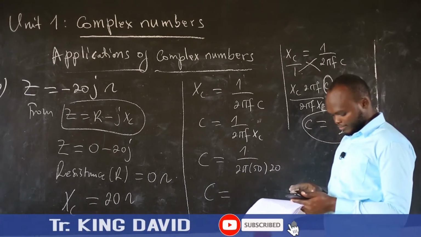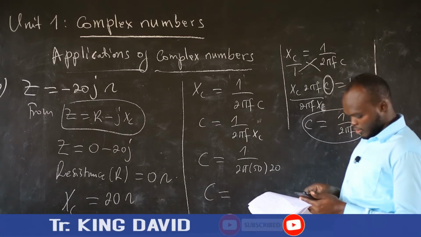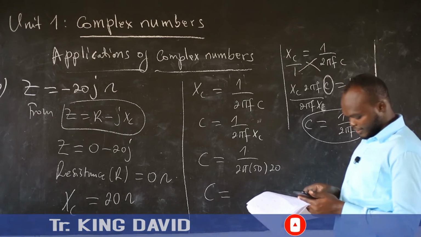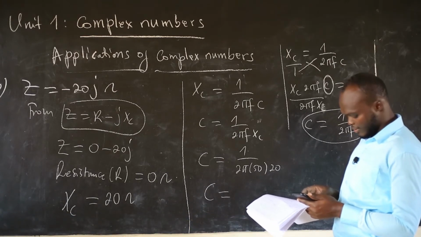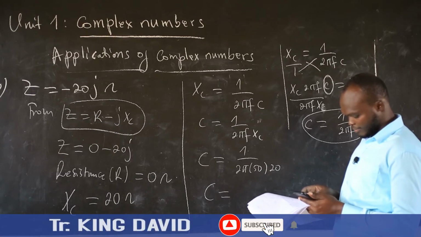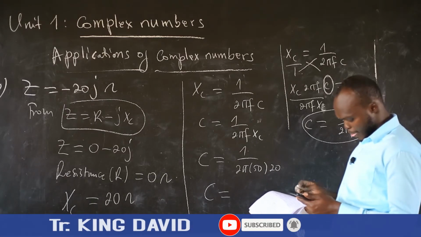We take 1 divided by, into bracket, 2 pi times 50, then times 20. Then the answer is